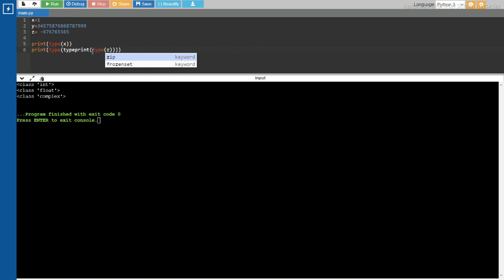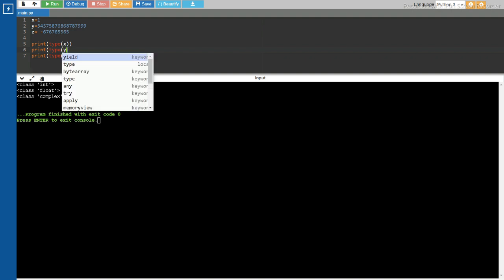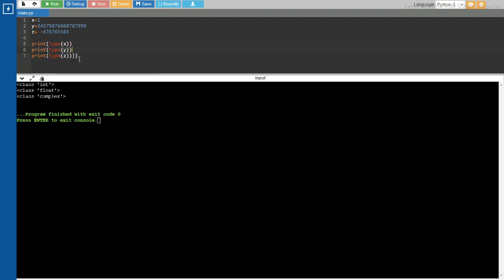Now I think, oh, we mistyped this here. See here, there is an error. Here we missed the brackets. See, print of y, and here there are many brackets. That's not a problem. Now let us run this. Let's see the result. See here, these three are integers because there is a minus value. Here there are all positive. This is negative. This is also a positive number. Now I think you got clarity on integers.